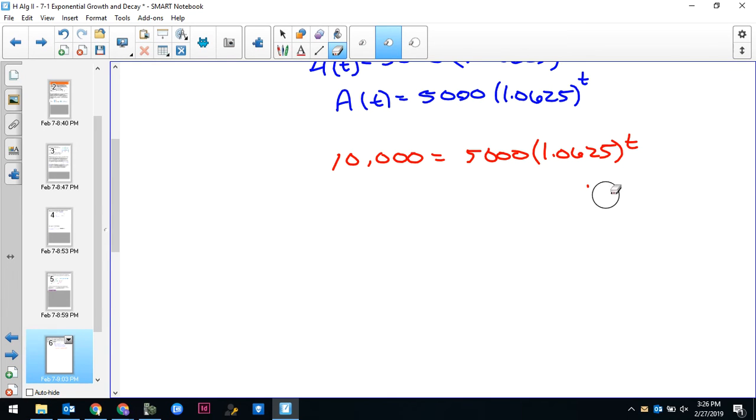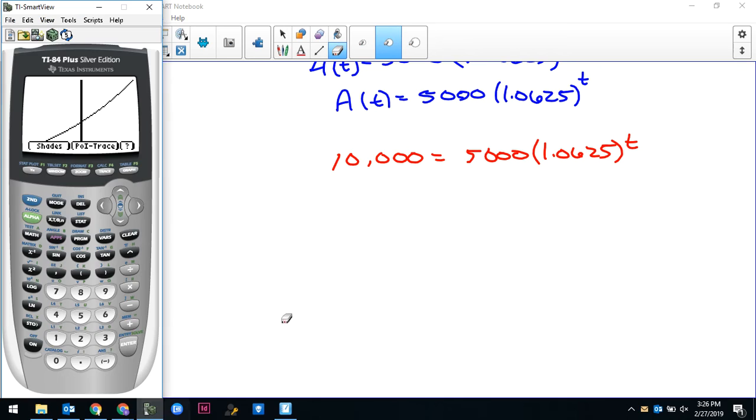Here's what we can do. We can graph it. So let's go into our graphing calculators. Let's go into y equals. And here's what we're going to do. We're going to plug into our y1 our function, 5,000 times 1.0625 raised to the x power. And then we're going to put in our second y, our 10,000. We're going to treat this as like a system of equations. Right? We're going to say this is our y1 and this is our y2, and we're going to see what